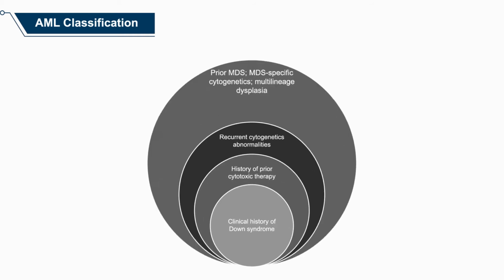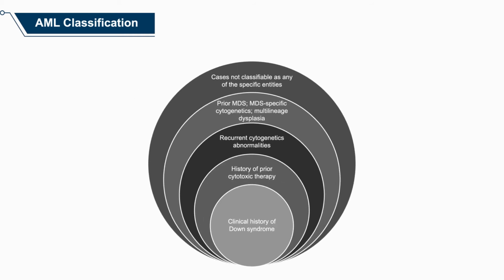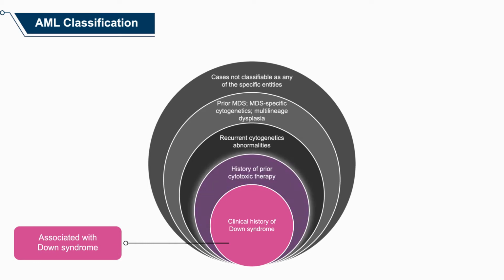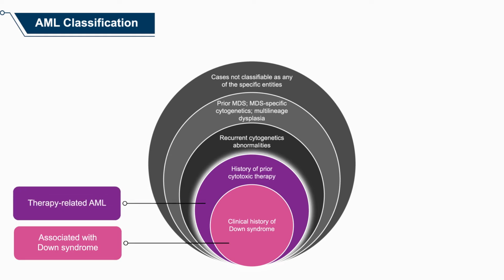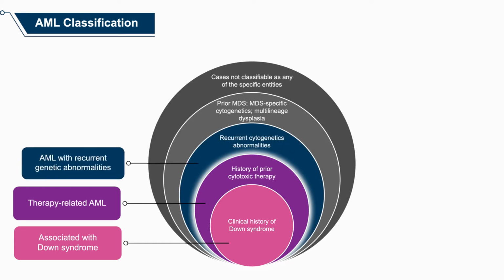So the classification of AML is complex. We classify AML based on various settings that can be clinical or the genetic composition of the disease. We'll start from the inner circle here. There are acute myeloid leukemia cases that arise in patients with Down syndrome, and so those are called acute myeloid leukemias associated with Down syndrome. If there's a history of prior cytotoxic therapy, like we just talked about, then that is classified as a therapy-related AML. Some acute myeloid leukemias have recurrent cytogenetic abnormalities, and these are referred to as acute myeloid leukemias with recurrent